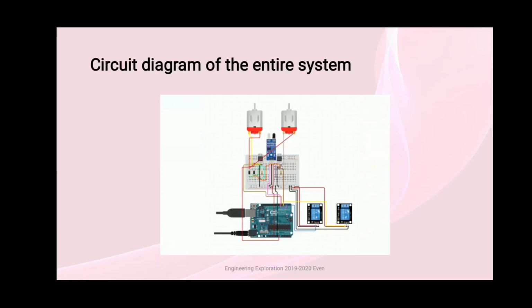Circuit diagram. For our course project, we have created a circuit diagram which consists of a DC motor, 2 relay modules, 1 IR sensor and 1 Arduino board. We will control the system by uploading the code. Through the Arduino IDE software, the sensor gives input to rotate the motor, and it starts rotating and dispensing the tape.